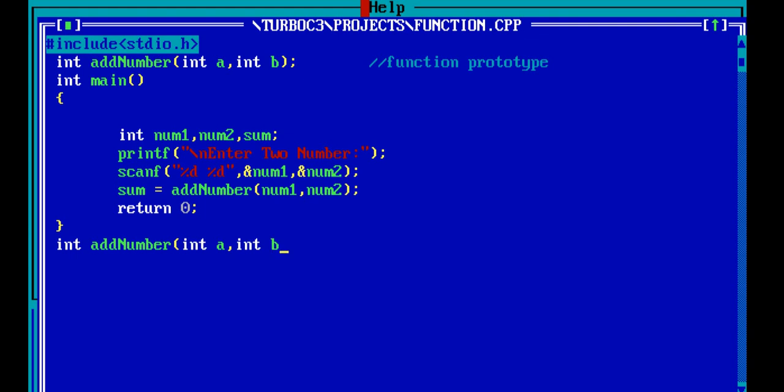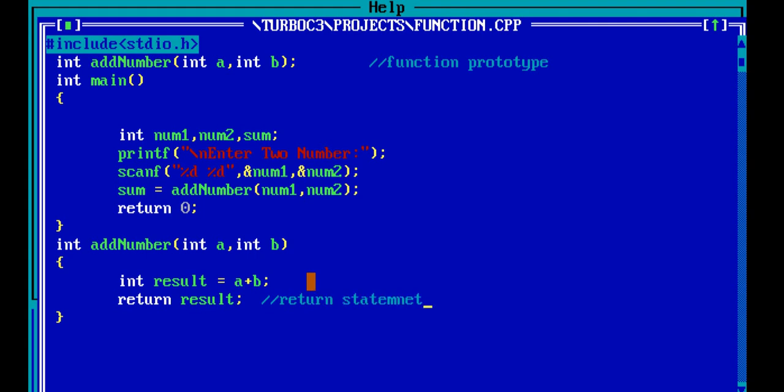मैंने यहाँ पे लिखा इंटीजर ए, इंटीजर बी, जो वैल्यू मैंने वहाँ पे दी थी, और यहाँ पे मैंने एक वैल्यू लिया है इंटीजर, रिटर्न टाइप है इसलिए मुझे अलग से लेना पड़ रहा है। ओके, आप ऐसे भी ले सकते हैं ए प्लस बी। मैंने ये दो वैल्यू यहाँ पे पास कर दी, और नीचे मुझे प्रिंट कराना है। इसका सारे डेफिनेशन लिख देते हैं। यहाँ पे रिटर्न में जाएंगे तो ये आपका क्या रिटर्न कर रहा है, रिजल्ट रिटर्न करेगा। ओके, सो इसको आप रिटर्न स्टेटमेंट बोलते हैं। ये कमेंट है, और कमेंट कैसे लिखते हैं ये भी मैंने आपको बता रखा है। ये फंक्शन डेफिनेशन होती है, और यहाँ पे आप फंक्शन को कॉल करा रहे हैं, तो ये आपका होता है फंक्शन कॉल।